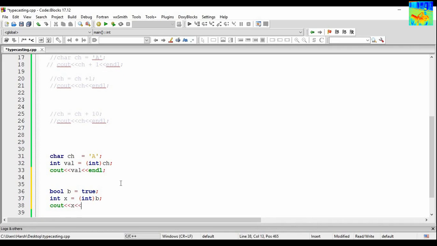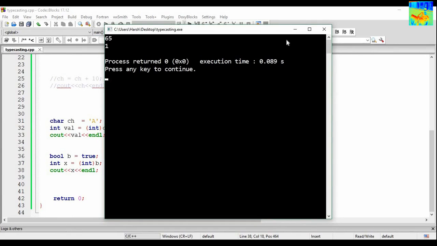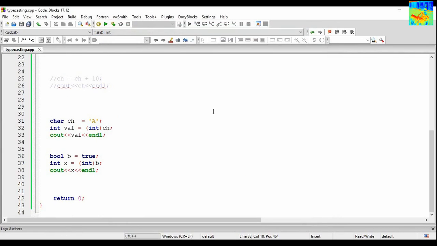So what will be my output? My output will be 1. So 1 is getting printed. Why 1? Because true means 1, false means 0. Simple.